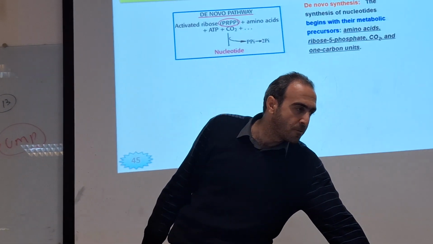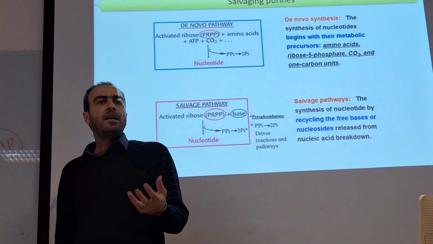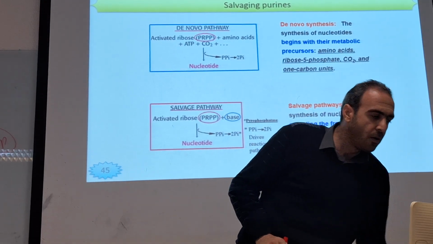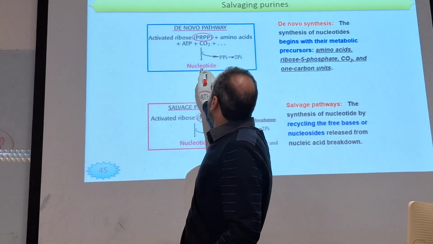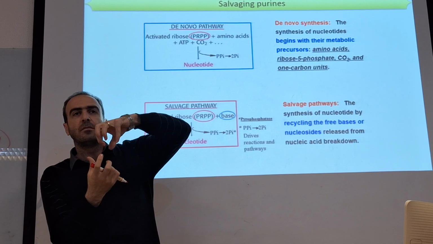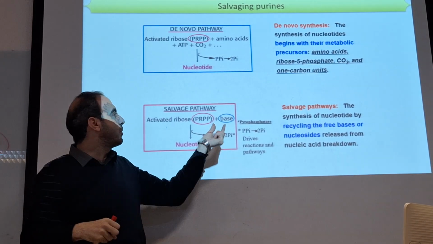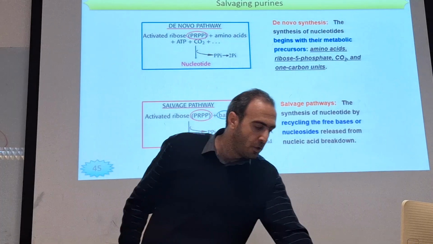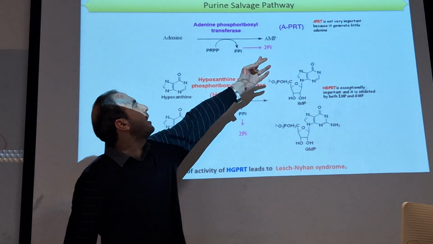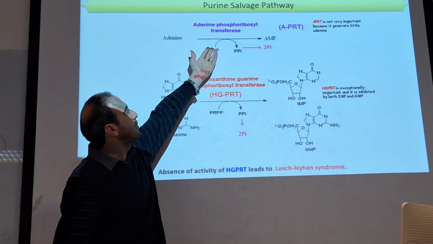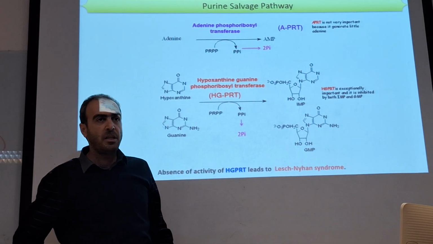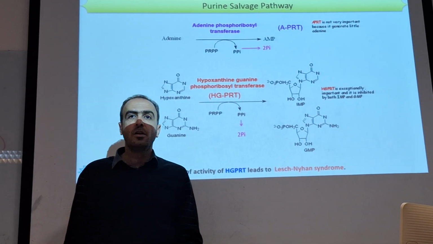So, related to salvage, in the salvage we have PRPP and then we add a base. We remove the base and add it to the PRPP and produce a nucleotide. We have two main enzymes. One of them is APRT, adenine phosphoribosyltransferase, which converts adenine to AMP. But the main enzyme in the salvage is HGPRT, hypoxanthine